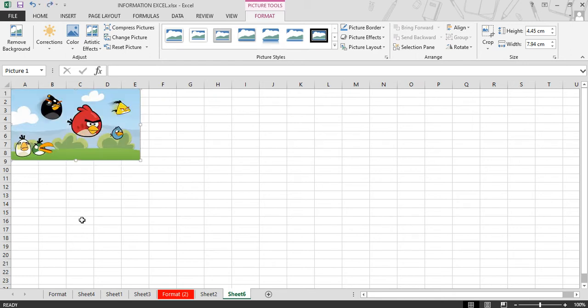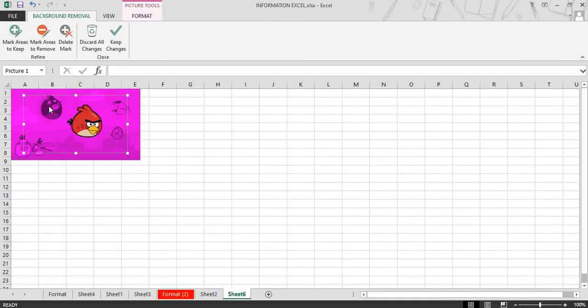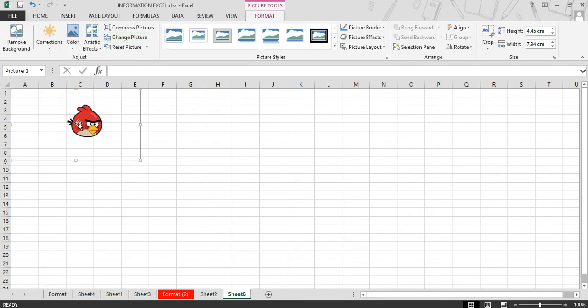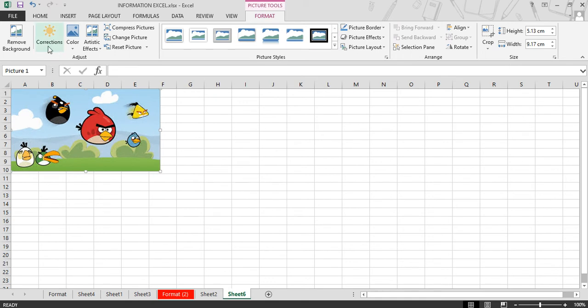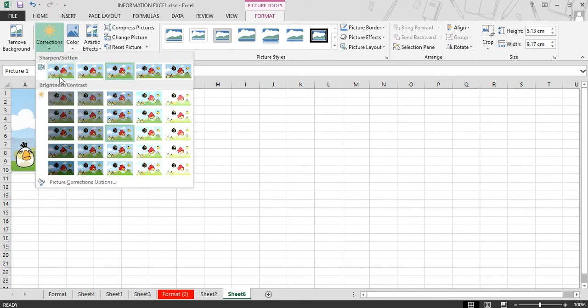We're just going to reverse this. Okay, so if you want to use anything, like select this one, click on keep changes. So we have this picture. Now correction: if you want to make some correction in this picture, you can use the correction option to change the brightness of the color,